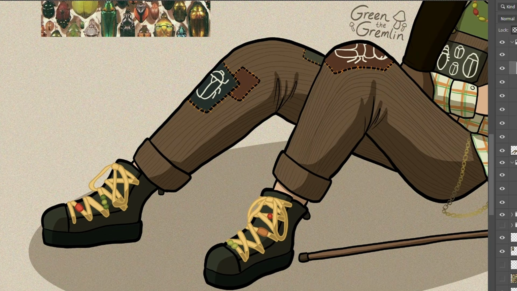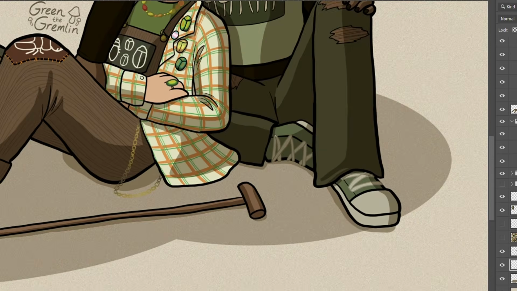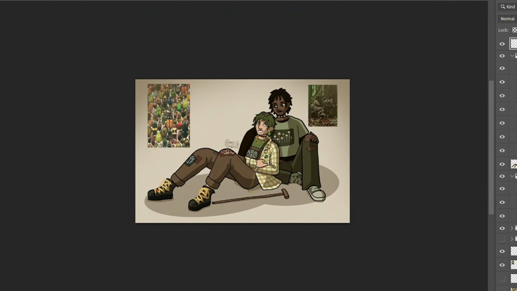Often, I'll shade with a muted purple or blue, but due to the very foresty colour palette of both characters here, I decided to shade with brown instead. I finished the image by adding a bit of a vignette to the edges, leaving the background a blank light brown but for the shadows under the characters to ground them. And here is the final image.